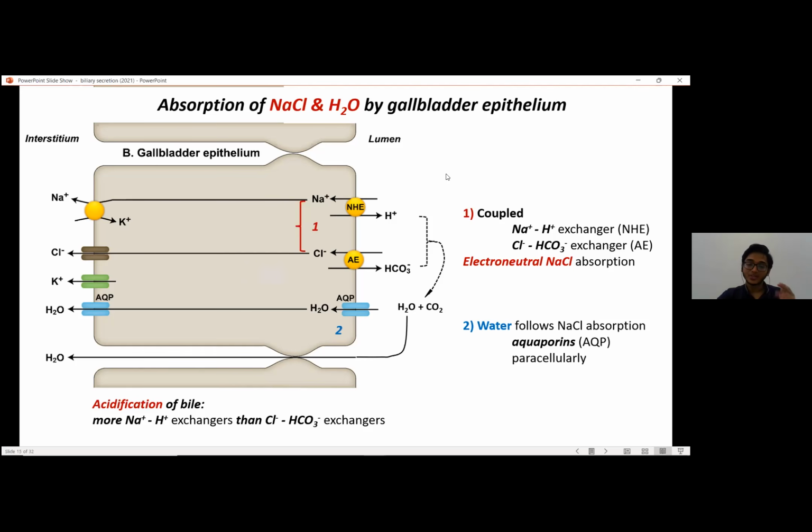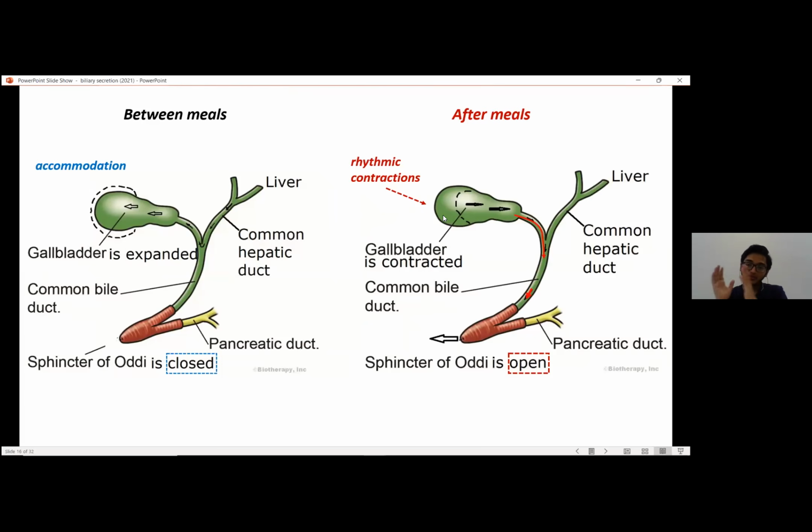Basically the charge across the membrane is not changing because you're absorbing one positive, one negative. So you need to know basically two things. Gallbladder concentrates bile by what mechanism? Electroneutral sodium chloride absorption. Okay. This is telling you that once the gallbladder has stored the bile, eventually,